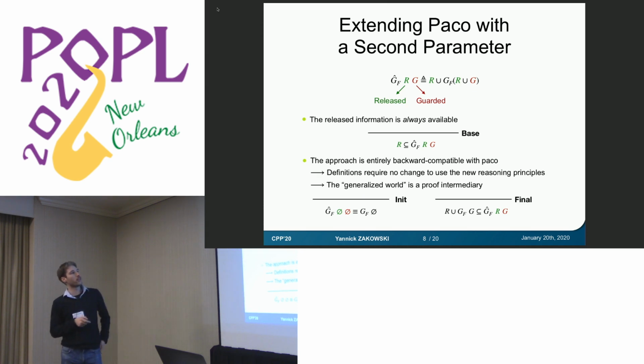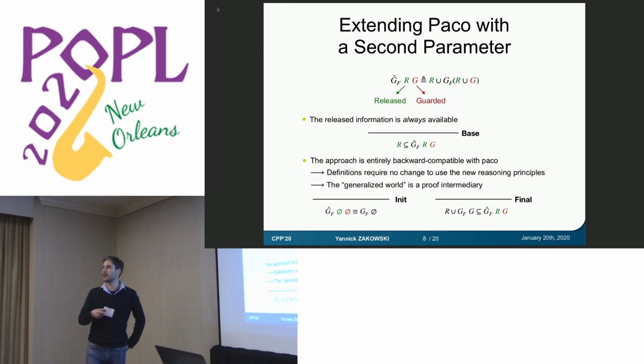And the definition doesn't really matter here, but what is important is that you get this base rule that says you don't have to go under the functor and then access the information. You always have access to the released information. And it's important to understand that it's completely backward compatible in the sense you still define your relation itself through Paco, the old Paco definition, but you have new reasoning principle through an initialization rule that say, I want to prove my properties about my Paco relation,